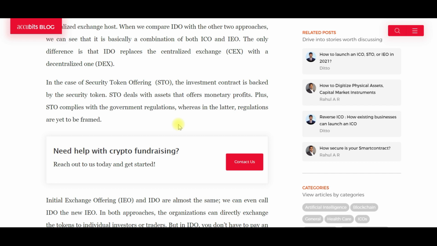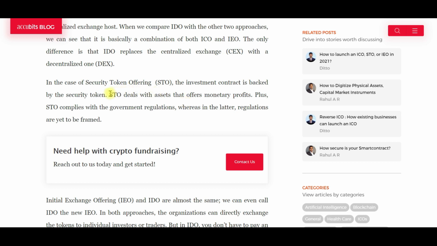So STOs are totally different, right? Because STOs are more like investments. They are more like tokens, and when you hold them, you get paid a certain amount of money, maybe at the end of the month or at the end of the year. But then it has to be backed by government-regulated assets and all that stuff. So there are tokens that, when you hold that token, it is backed by maybe a real estate firm that is actually trading with your money and then paying you an interest.